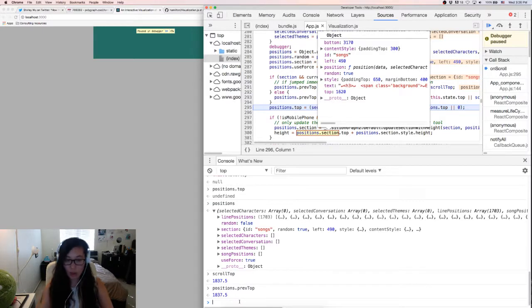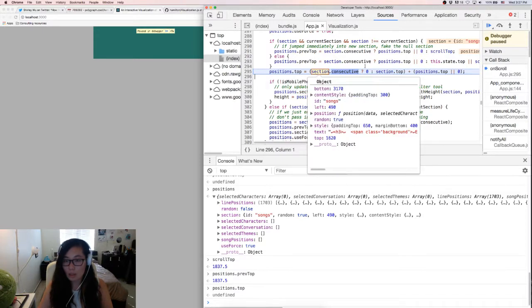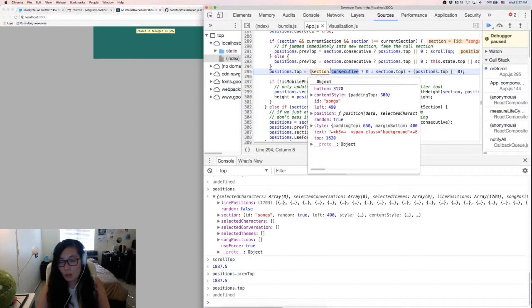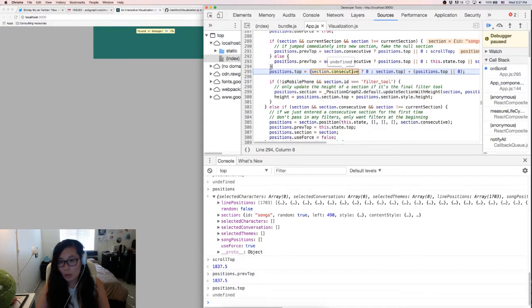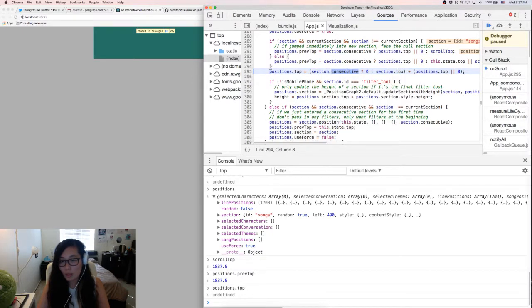And then positions top is, if it's consecutive, then 0, and section dot top plus positions dot top or 0. So I have this feeling that I should just be taking every single one of them that says section dot consecutive and only taking that part. So basically this 0 plus positions dot top,